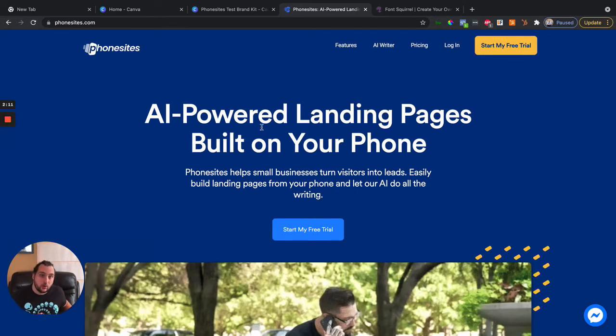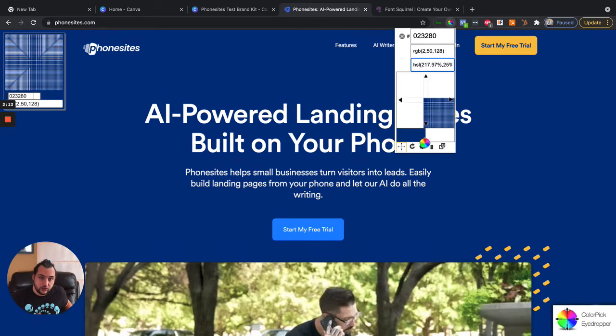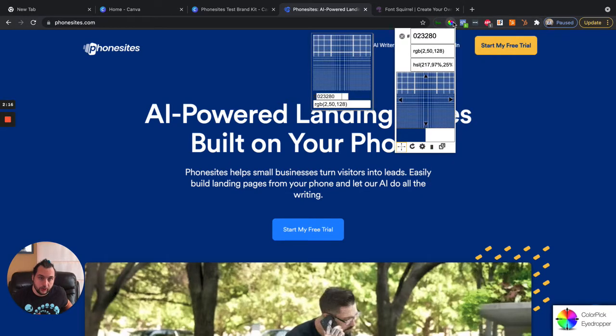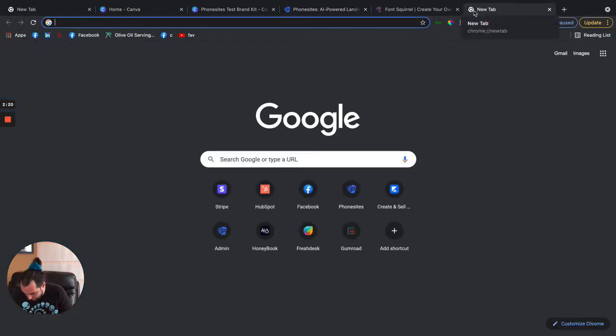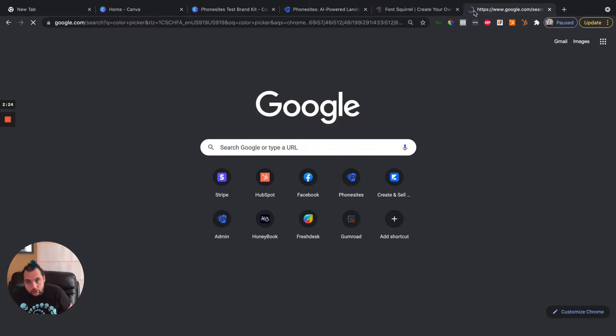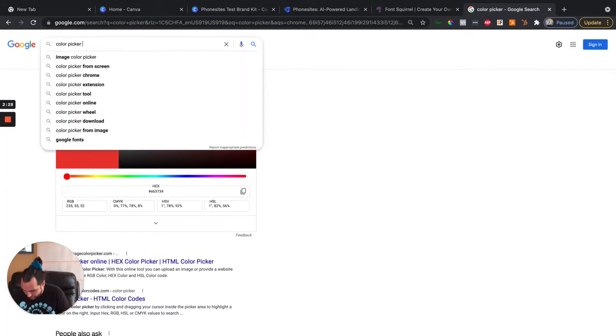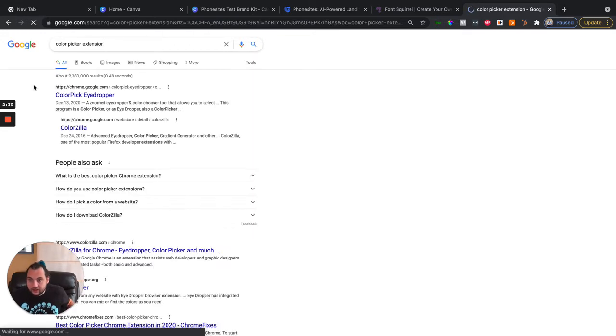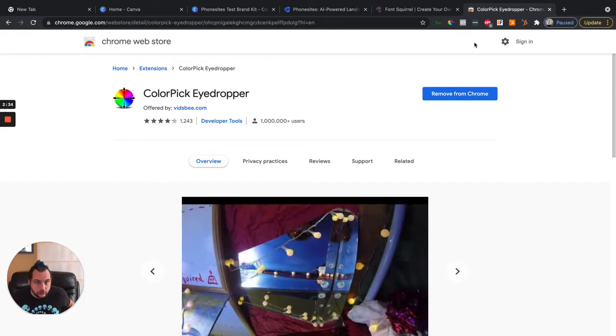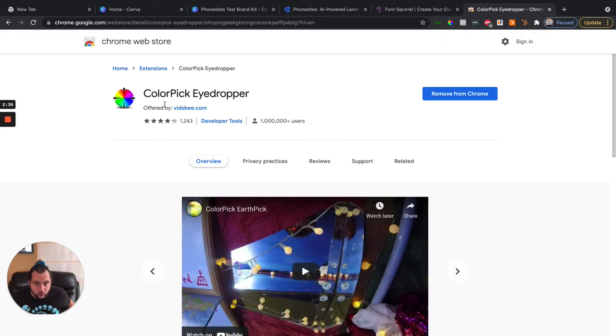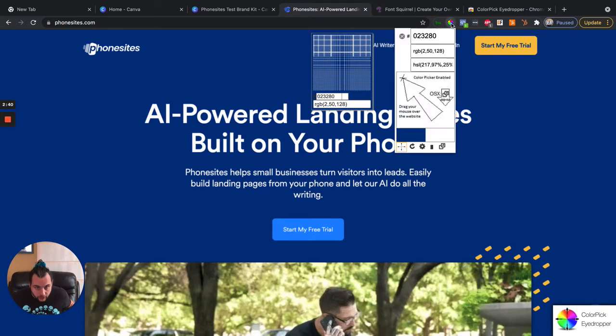The next thing I want you guys to get is an extension called Color Picker. If you go on Google and type in Color Picker extension, it'll give you this one, the Color Pick Eyedropper. This is the one that I use. You can see the little logo up here. You add this to Chrome, and it's really cool because if you click on this and